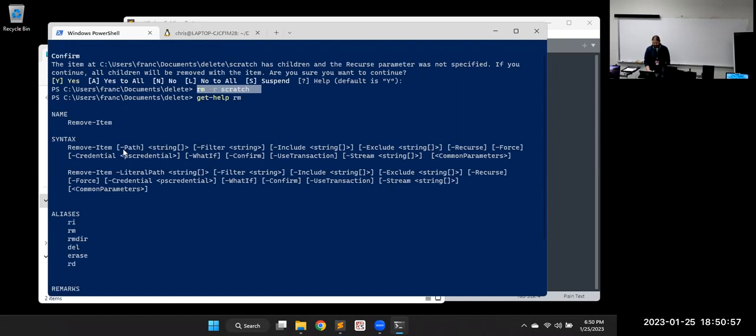So that's how you read those instructions. So parameter followed by type. And if the parameter is in square brackets and the type's outside of them, it's required. If both the parameter and type are included in the square brackets, it's optional. And if it's only a parameter, it's a Boolean. So write it if you want it to be true, leave it off if you want it to be false.